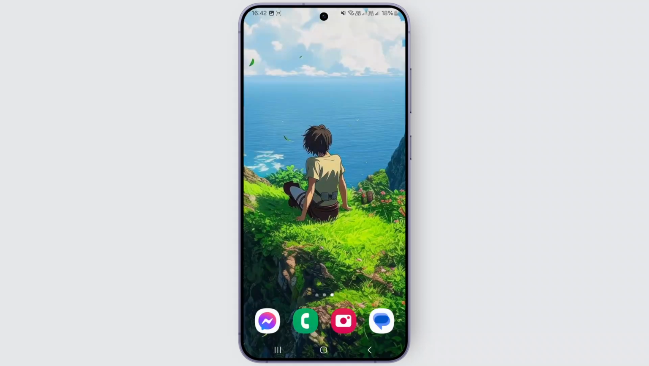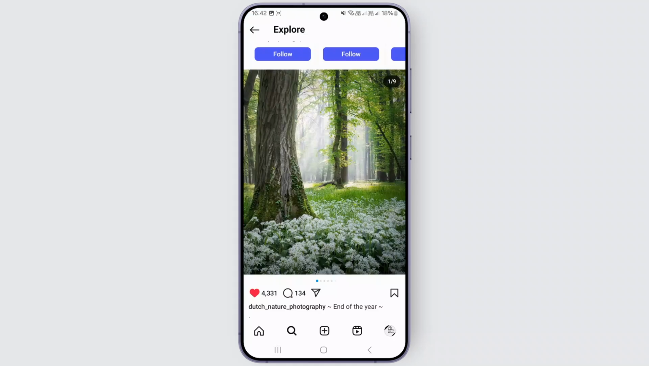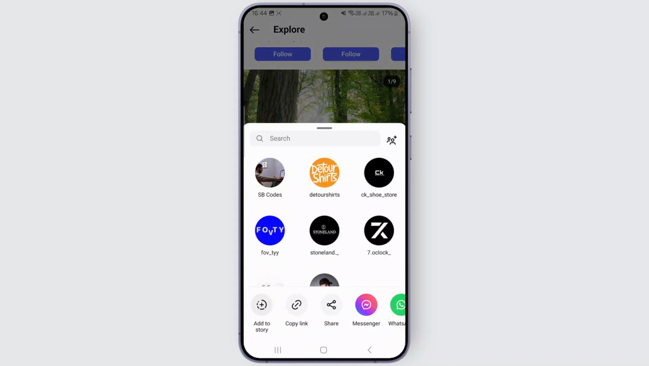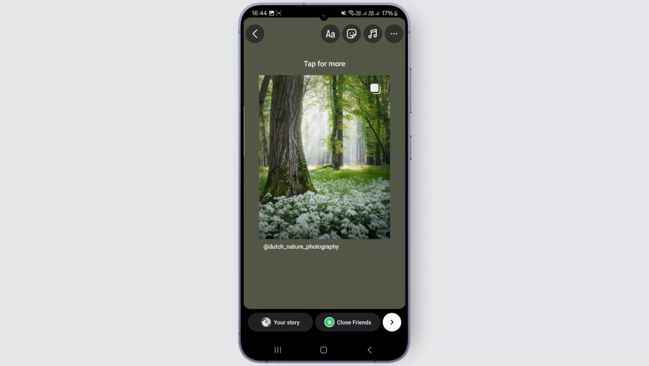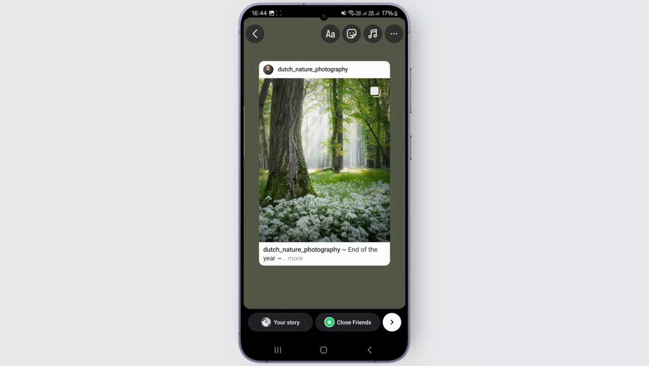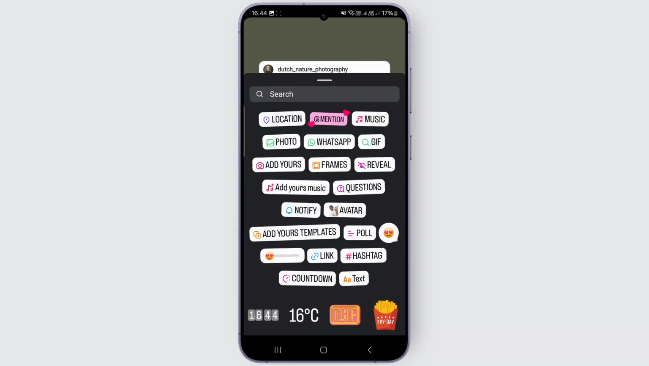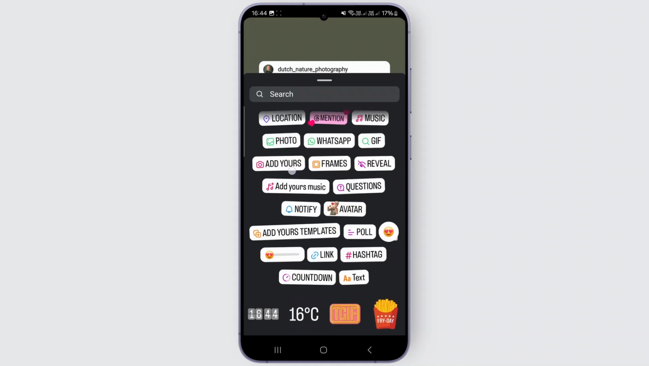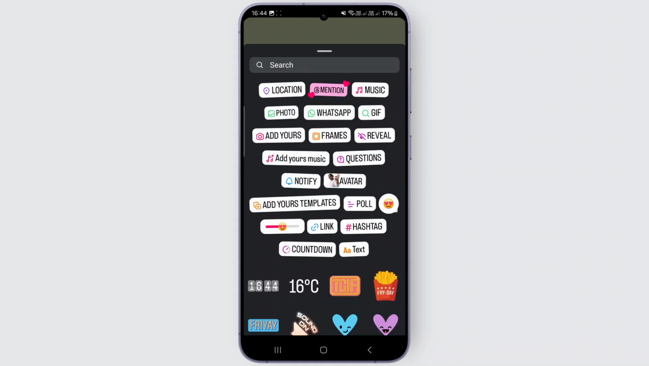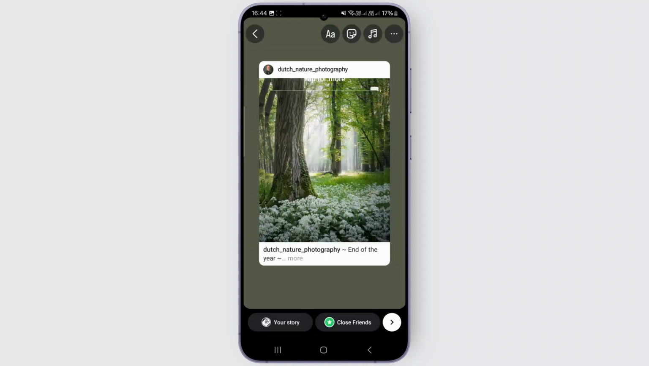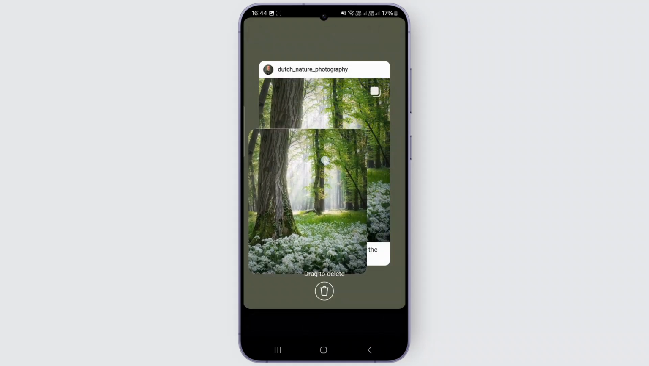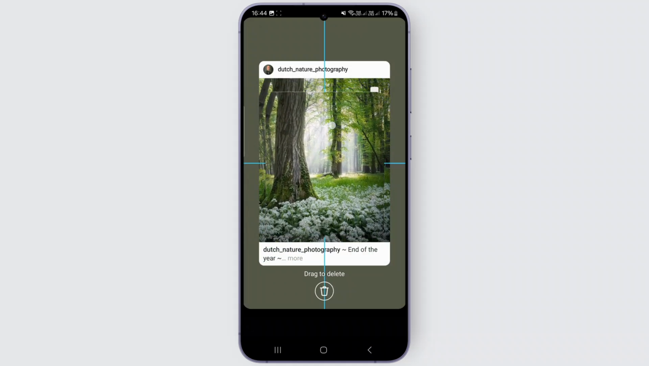Once you save it, I want you to come back to your Instagram and simply click on the share button and just hit the add to story button. And from over here, once you select your post, just click on this sticker icon and you can see there's the option called photo. Simply click on it. When you click on this photo option, you can just click on this photo which we just used earlier